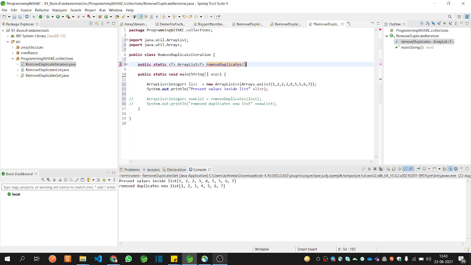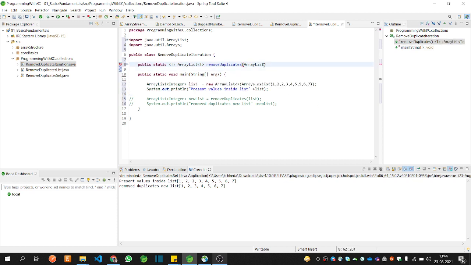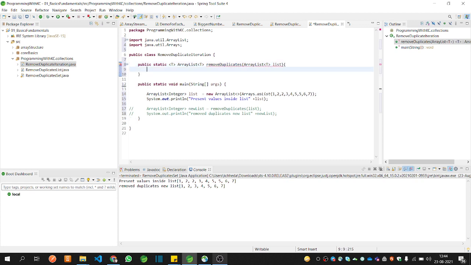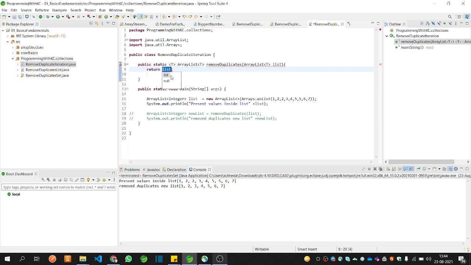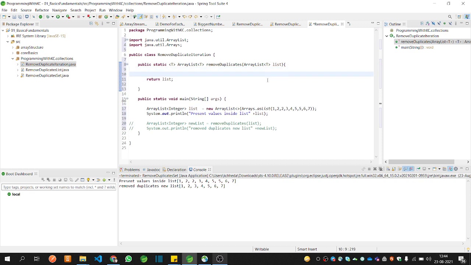Now inside this, what argument will I pass? I will pass the whole array list which I had created over here. And now the part comes to write the logic over here. Why is it saying I have to return something, a list, over here? We are not going to return this list, we are going to return a new list in this case. So let it be for now.